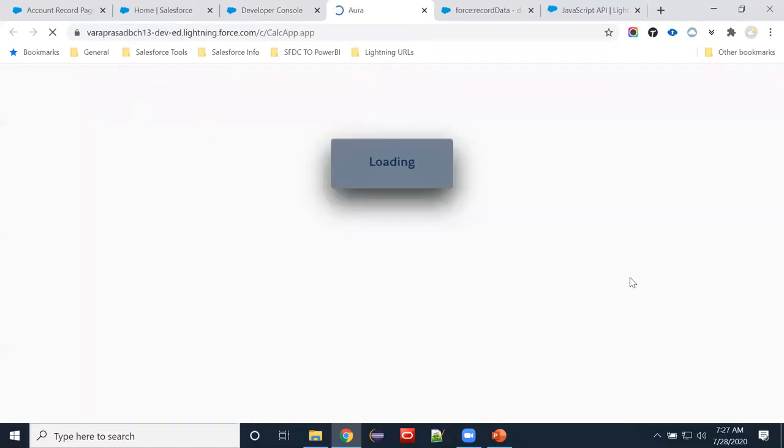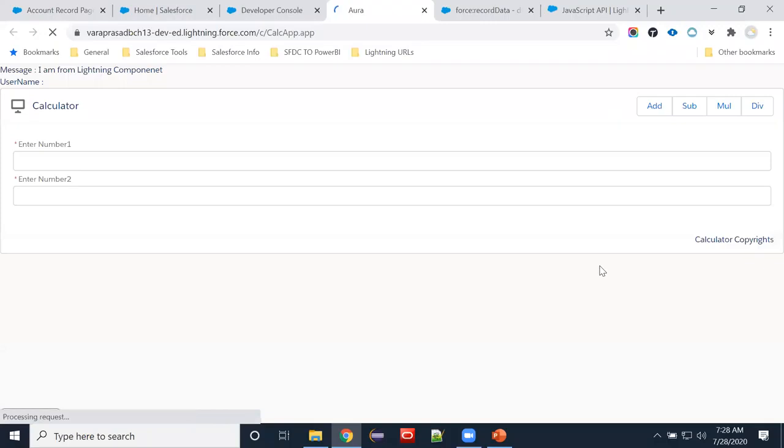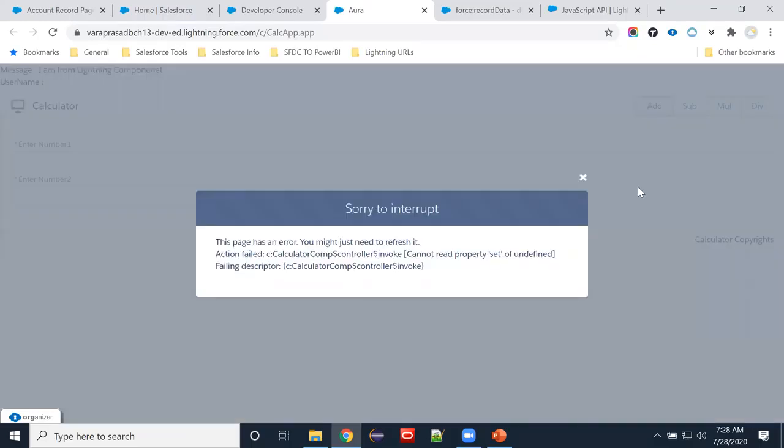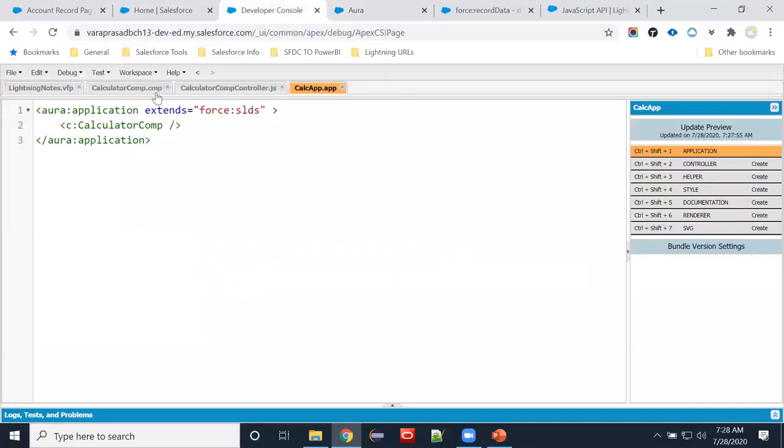So how can we call one function from another function? We can use the component.get function. This page says cannot read property set of undefined, in action file calculator invoke.